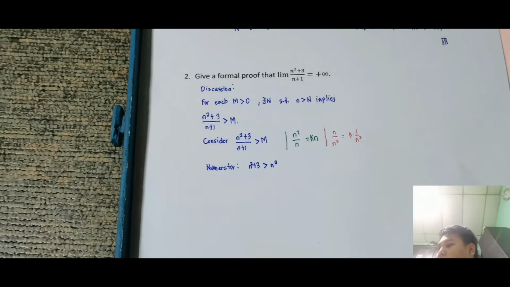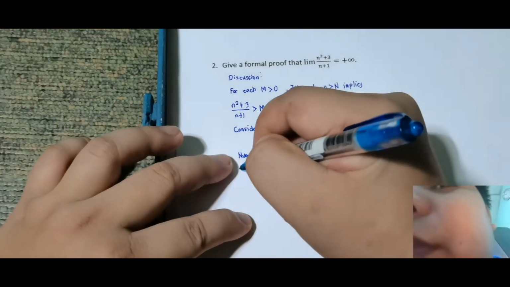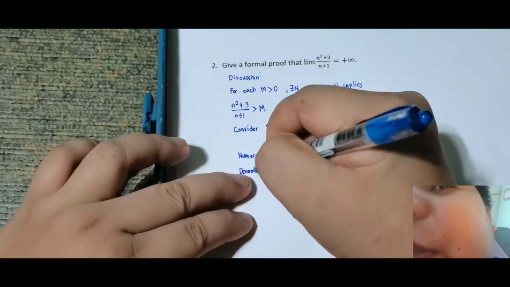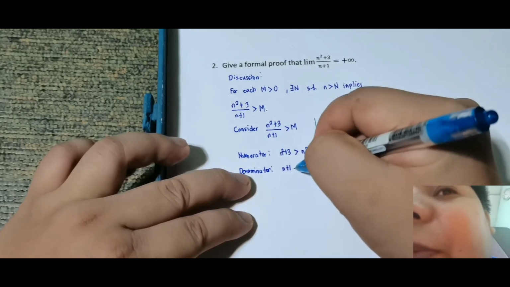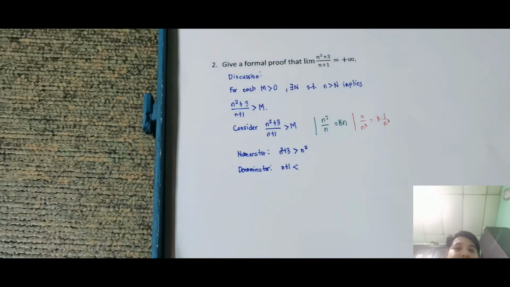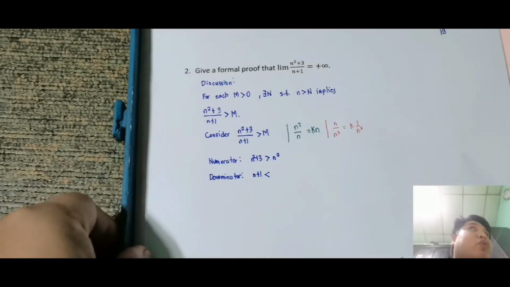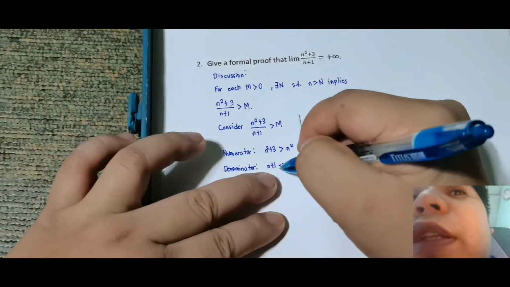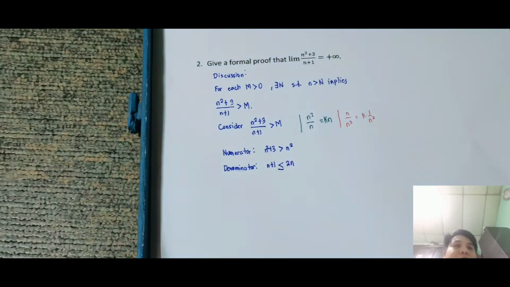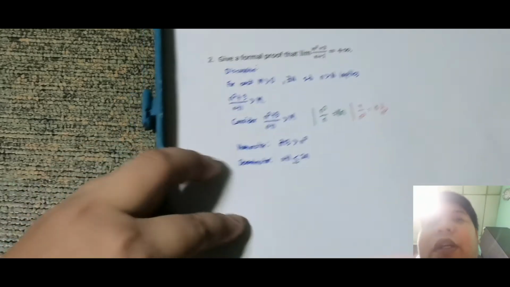Okay, so this implies. So, next, kailangan naman natin yung sa denominator. So, we have n plus 1. Kailangan naman natin dyan is upper bound. Okay, so since upper bound yung hinahanap natin sa part na yan, pwede kong gawin, n plus 1. So, for n is equal to 1, that is 2. Kung naalala natin, we have 2n plus 3, tas for n is equal to 1, nakita ko 27. So, ginawa kong 27n. Dito naman, since nakita ko for n is equal to 1, that is 2, pwede kong gawin, this is less than or equal sa 2n. Okay? So, meaning, anong nakita ni sir? So, we have